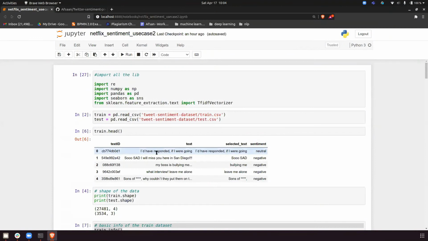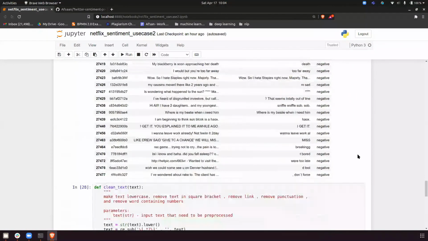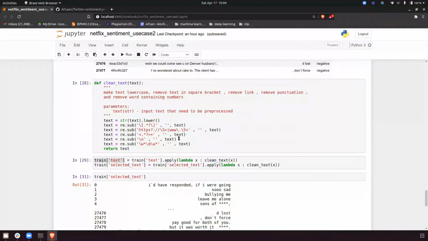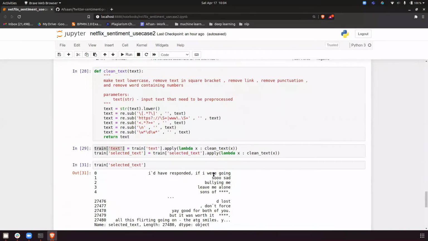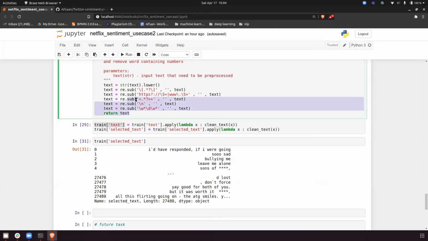I had responded if we are wrong, so sad, boring. So basically is clean working or not? I'm just confused. Everything is in lowercase. Yes, everything is in lowercase. Okay, so basically this regex is not enough. You have to think a lot. You have to remove this also.